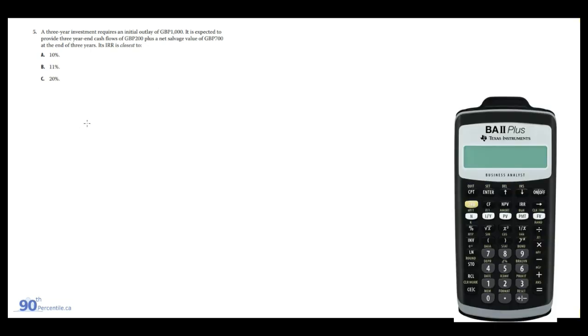So first thing you're going to do is you're going to hit CF on your calculator, and then you'll get this menu pop up. Quick note, if you still have the numbers that we entered from the last question, you're going to have to press second, and at the bottom left there's clear work, and that'll remove all the cash flows. So anyway, we have everything cleared now, and for CF0 we can put negative 1,000, enter, hit down. So maybe I'll write it here too. So CF0 is negative 1,000, and then C01 is 200, and the frequency